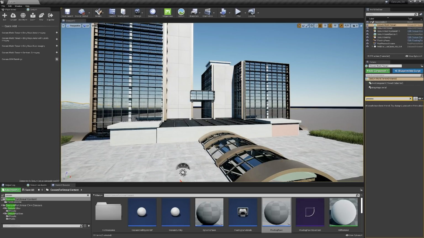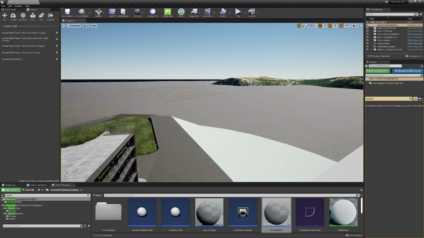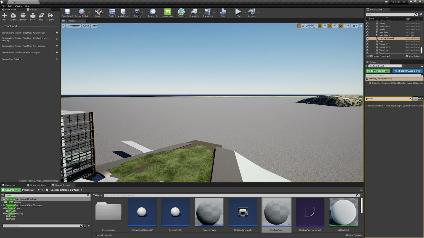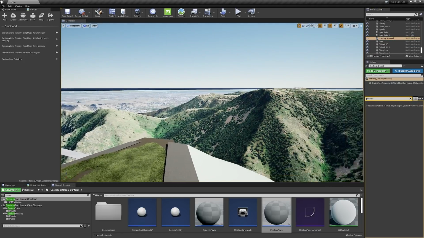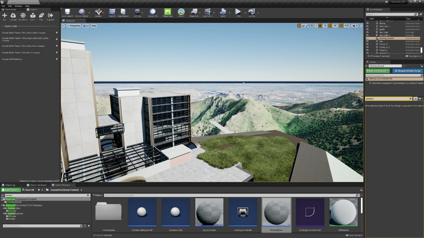I'll also go ahead and add in the Cesium OSM buildings. Now let's take a look at what we have here. I'm going to hide the starting ground, and you'll notice that it successfully brought in the terrain. You'll also notice that you might have a black bar here at the horizon.